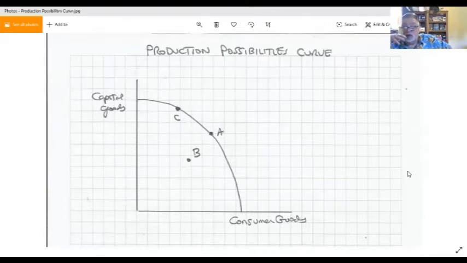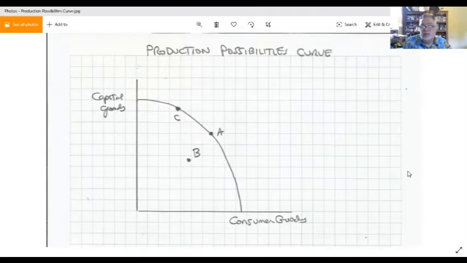Point B, though, is a country that is not operating at 100% efficiency. Now, that could be the maximum that that country can do. That's great for that country to be where it is at point B. That's beautiful. It's wonderful. It's exciting. And yes, you want to move toward the curve, but maybe that's it. Maybe they don't have the tools, the talent, the raw material resources to do it. Just the way it is. Now, again, it's the goal of the country to try to push toward the arc, but you have to realize